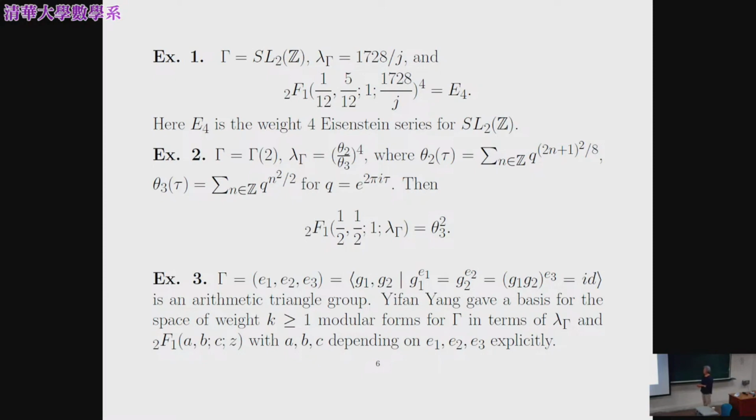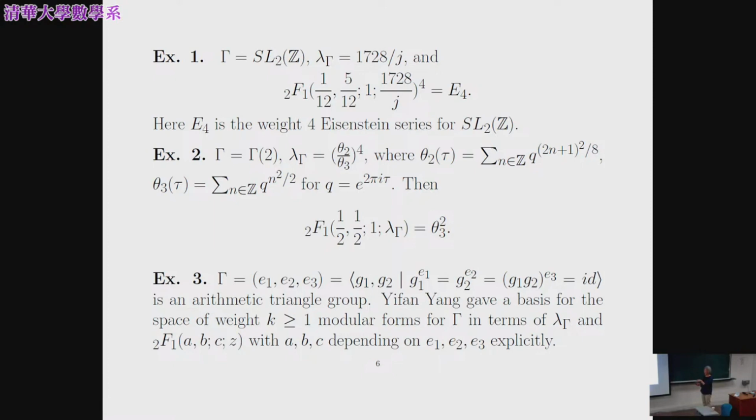Okay. And the third example is a group gamma, what we call the arithmetic triangle group. Arithmetic triangle group means that we look at a group which is generated by 2 elements. The first generator has order E1, the second generator has order E2, and the product has order E3. So each fundamental domain has 3 sides. Say if you look at the fundamental domain for SL2Z, it is (2, 3, infinity), and sometimes you'll get just the